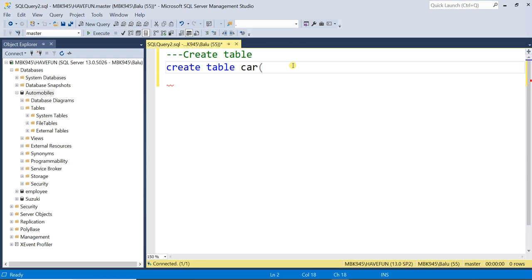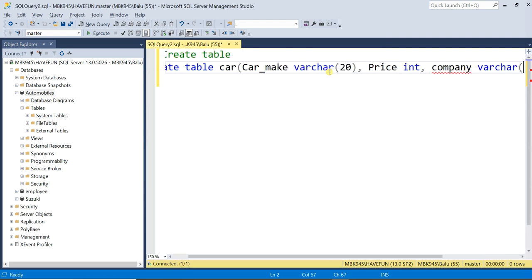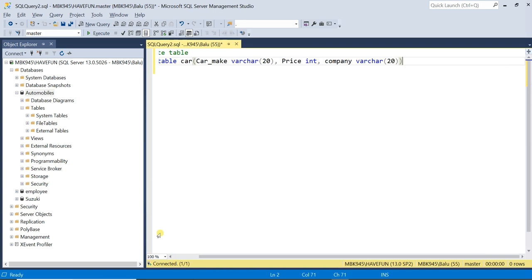Column name is car make and the data type varchar, variable characters of length 20, and then give the price, data type int, and give another column. Let me give company and varchar of 20, and that's it. I am adding only 3 columns here.